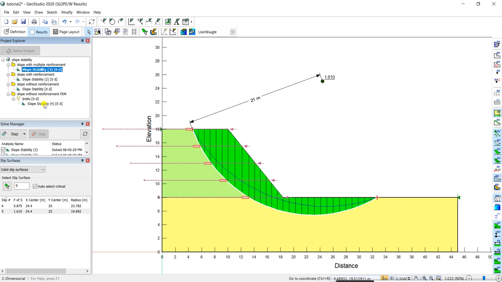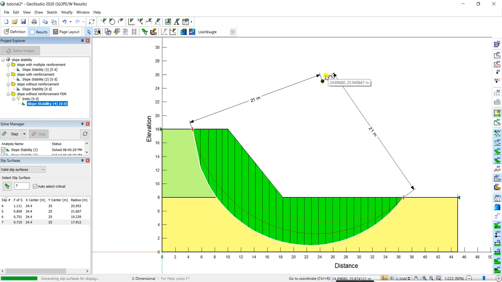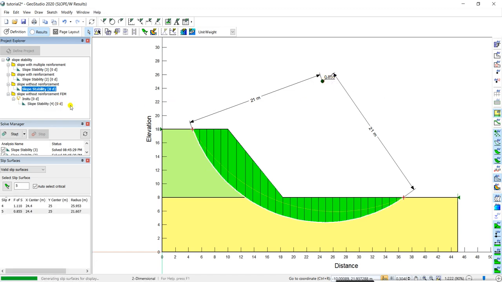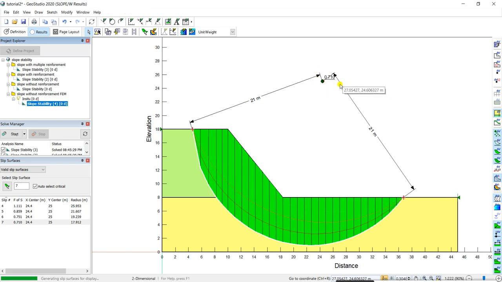And this last one is from finite element. I'll go to this one, and you can see it is showing, without any reinforcement, a factor of safety of 0.710. In the limit equilibrium for the same analysis, we got a factor of safety of 0.855. So you can see that in the finite element the factor of safety is coming a little less than this one.